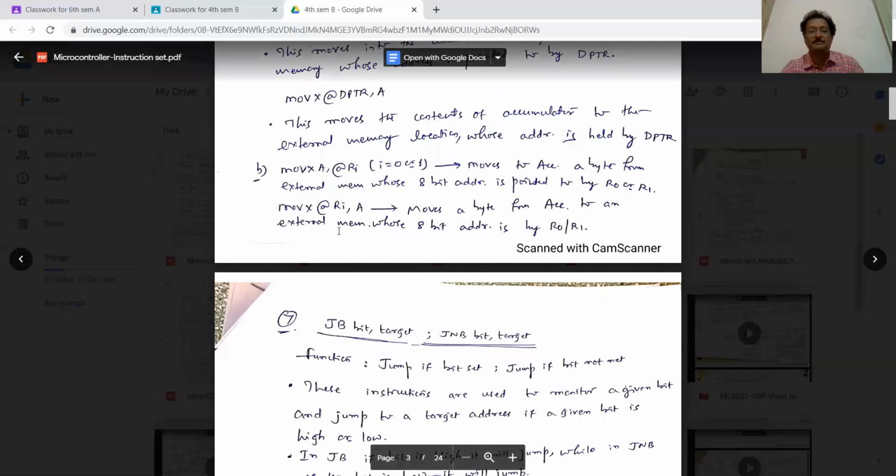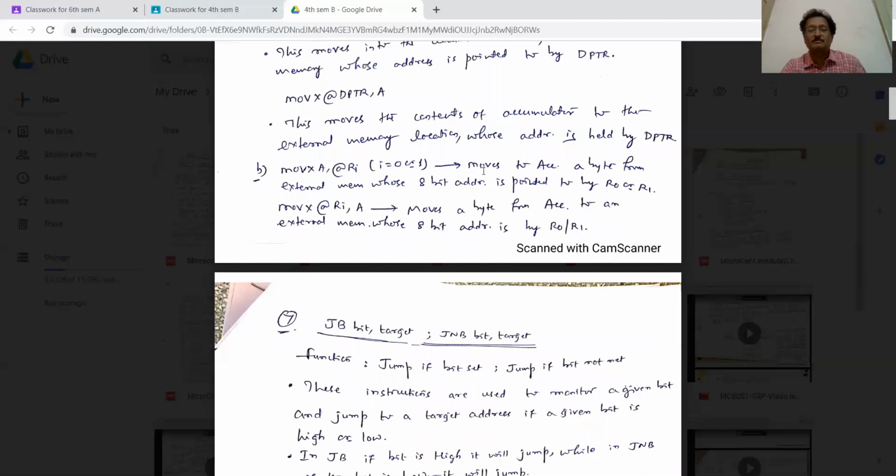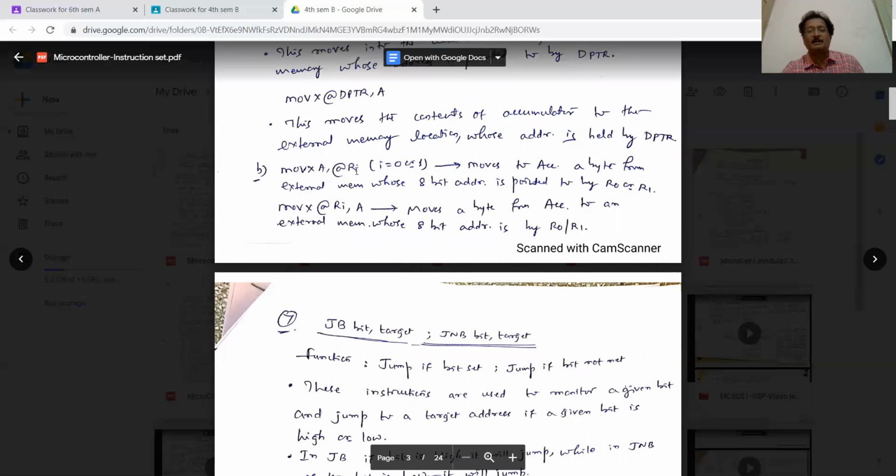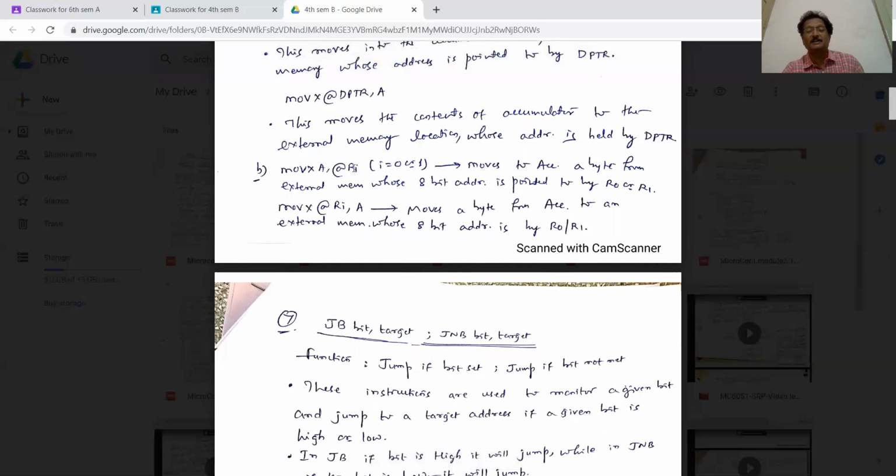What it does is move to the accumulator a byte from the external memory whose 8-bit address is pointed to by R0 or R1. So if R1 is pointing to something like 38H or 56H, we'll take 56H, the content of 56H will come to the accumulator from external memory.